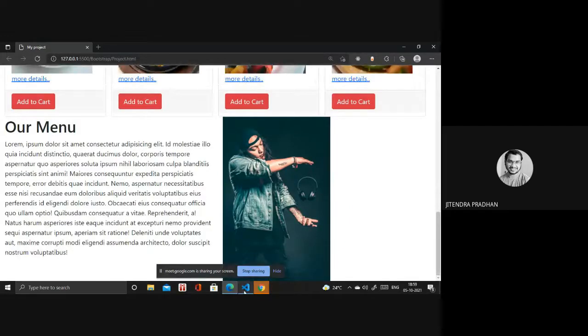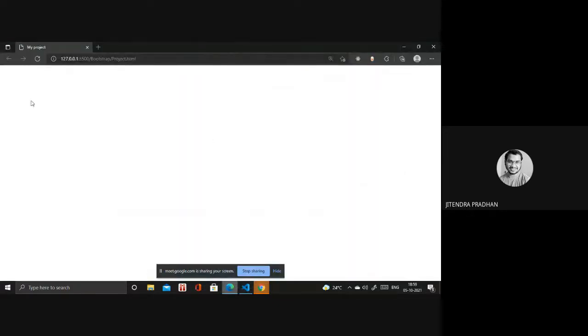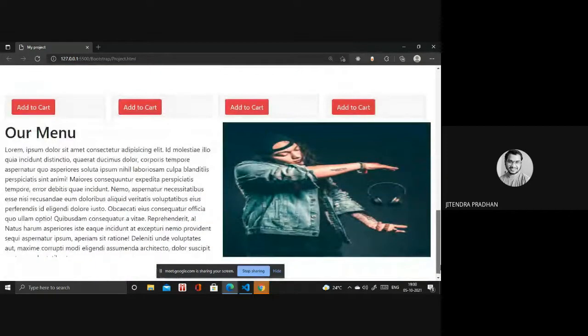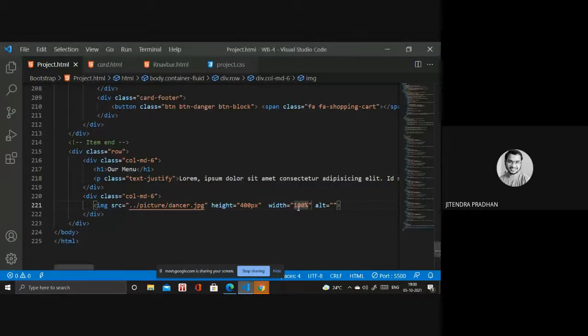And if you want, width will be 100%, it's better. Wait a minute. Yeah, it doesn't look good. Okay, much better, but you can change that height to something like 90 or 80.